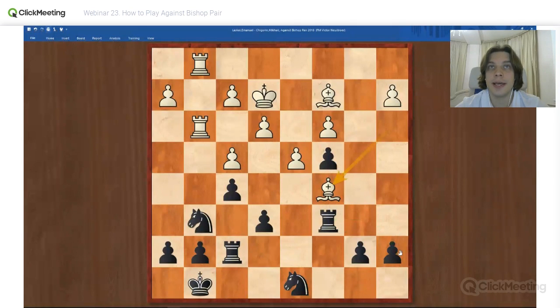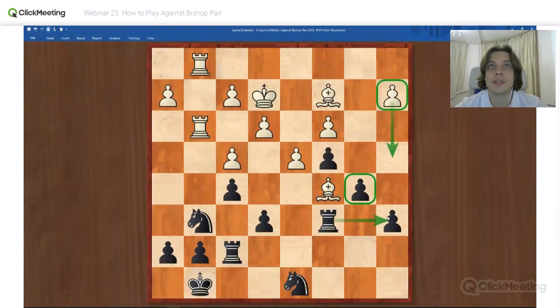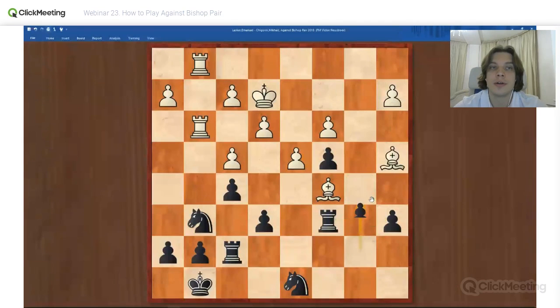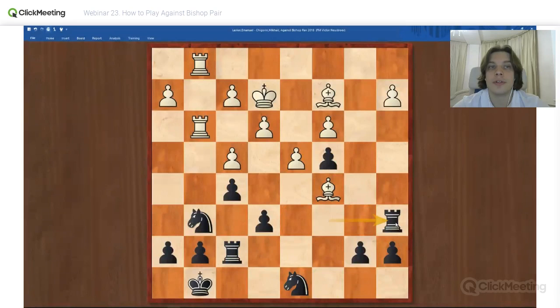Yes, because if you play a6, bishop a4, b5, bishop c2, then we can't activate our rook while he gets a counterplay. He can play a4 and at least open the a file, which is of course in his favor. So rook a6, a4, knight c6, rook b1.